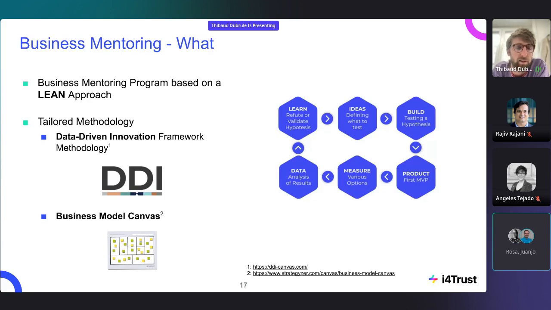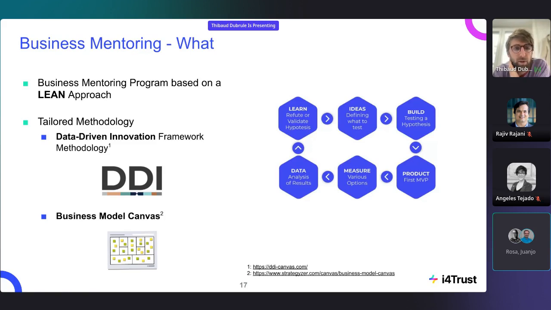The first one is based on the data-driven innovation framework methodology that we're using in partnership with the ones who created this framework. It will help you to understand the value of the data that you're producing, by making an exercise of mapping and understanding this value.